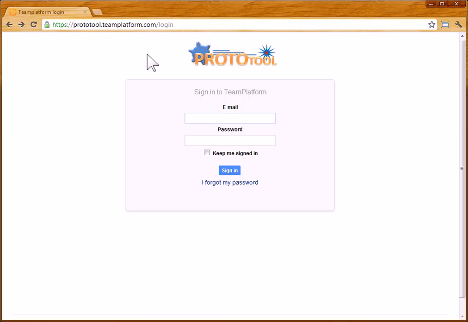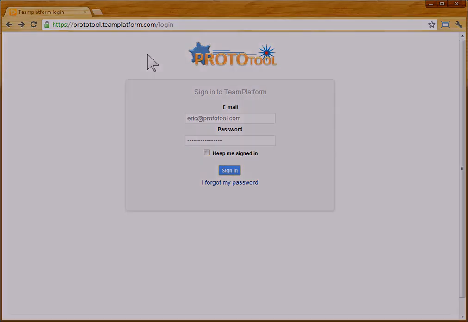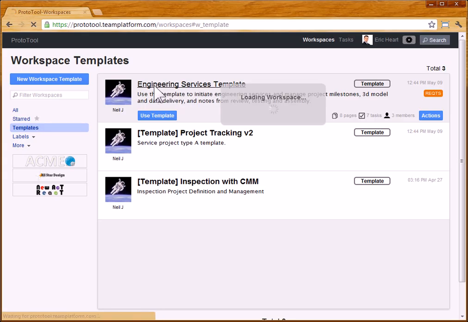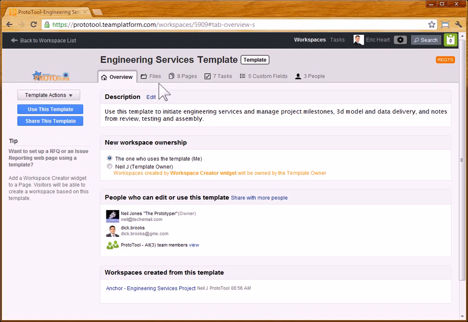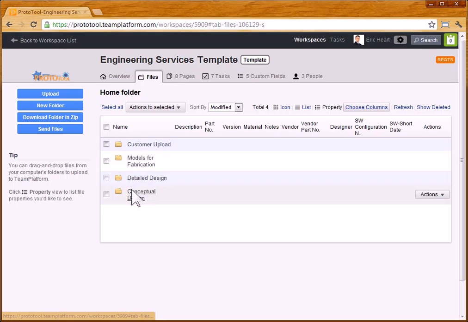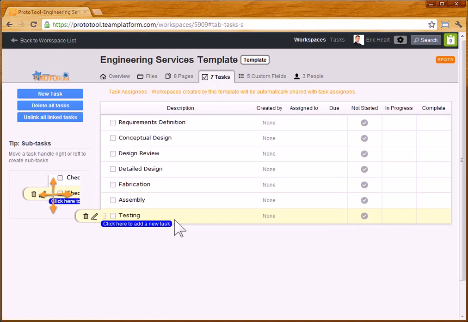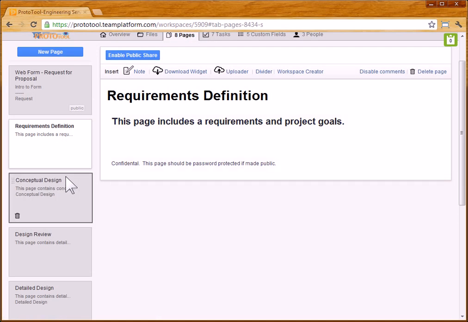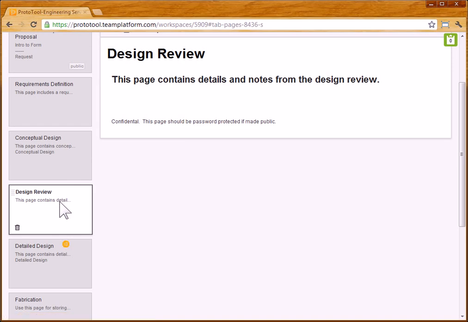If I'm an engineering service company, I can use Team Platform to manage engineering service projects. I'm going to navigate to the templates and look at one of the main templates that we use for managing our projects. It's got all the basics built in, an area for files, a set of milestones or tasks for different phases of the project, and a couple of pages to share with customers for defining the requirements, the concept,